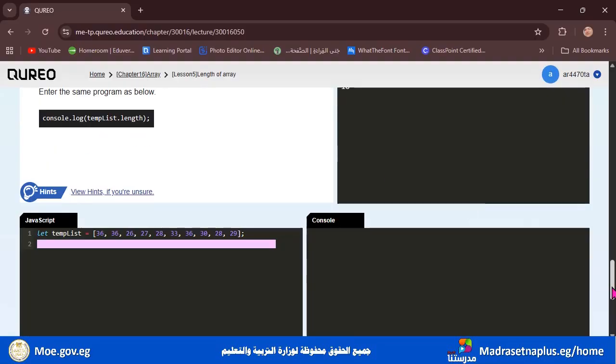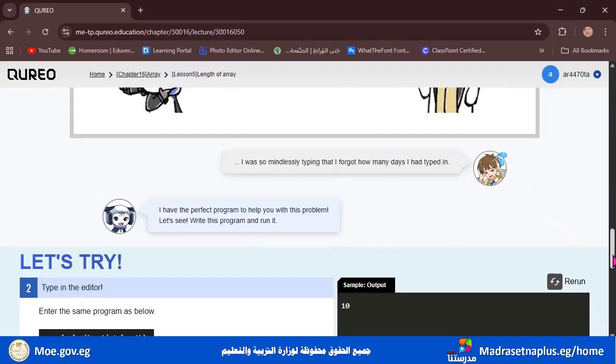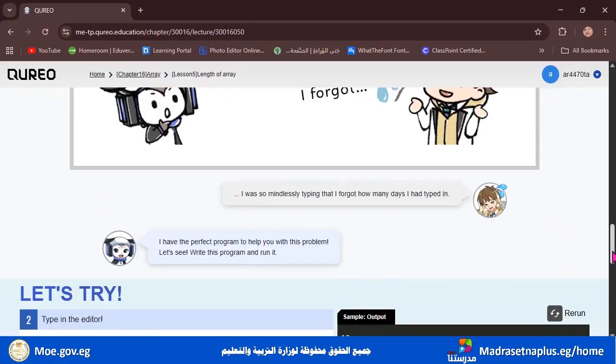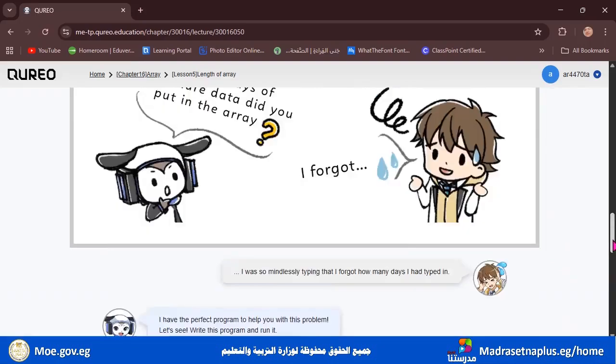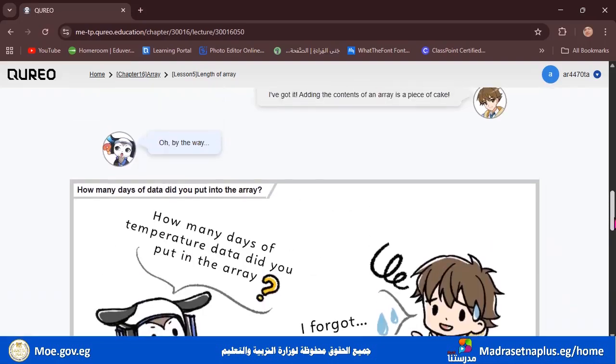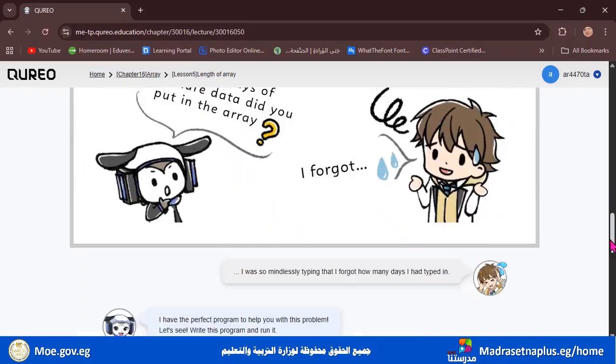Okay, what does the length mean here? How many days of data did you put into the array? So we want to know the length of the days itself. How many days of the temperature data did you put into the array? Look here.